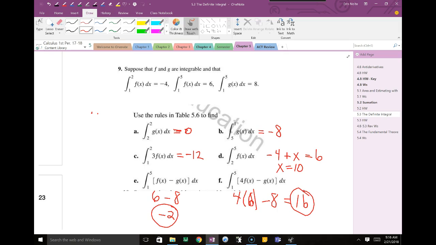Of functions? Oh. One's like 3, and then one is like 2,